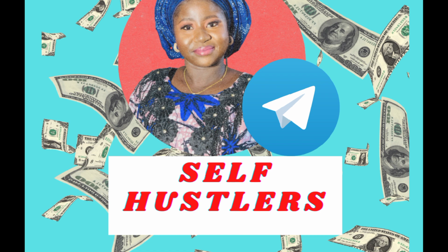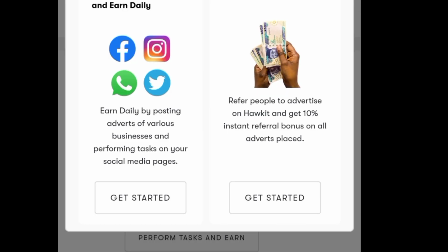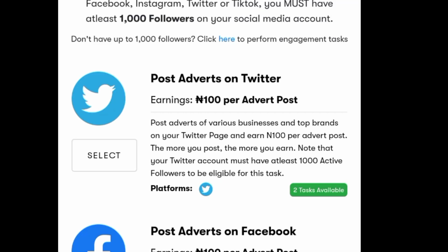So right now I'll be clicking on this end button. So this is the end button. You can earn in two ways, and right now I'll be clicking on perform social tax and earn daily. So once you click on it, as you can see, you can perform